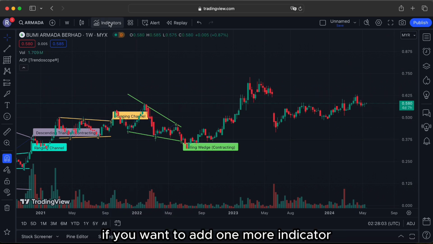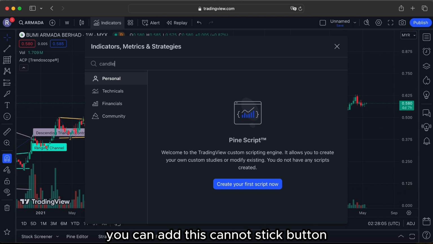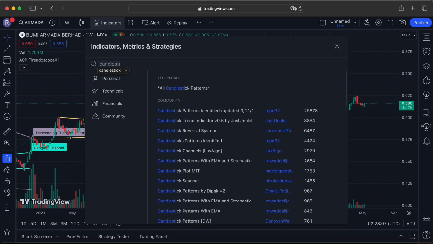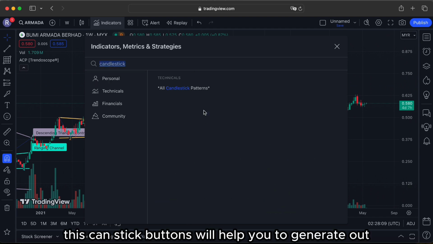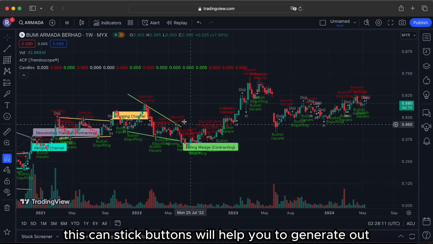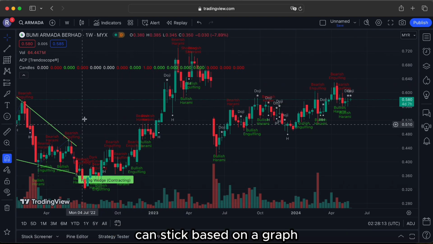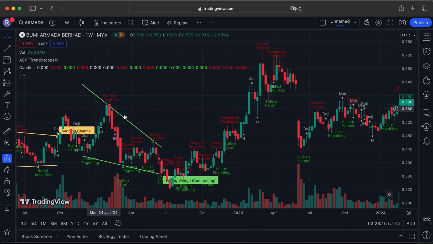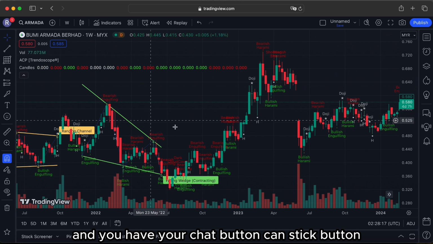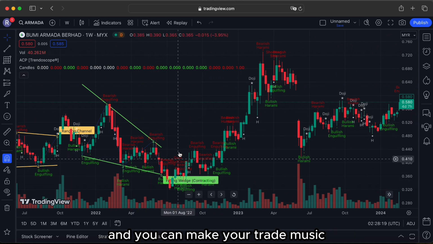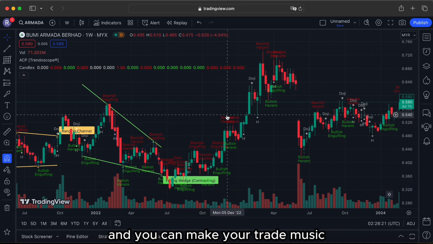If you want to add one more indicator, you can add this candlestick pattern. Basically, these candlestick patterns will help you generate candlestick patterns based on the graph, and you have your chart pattern and candlestick pattern, and you can make your trade using this kind of pattern. And you can just search for the chart pattern and candlestick pattern definitions, just Google it, and you can know how to trade your trading strategy and also plan your risk